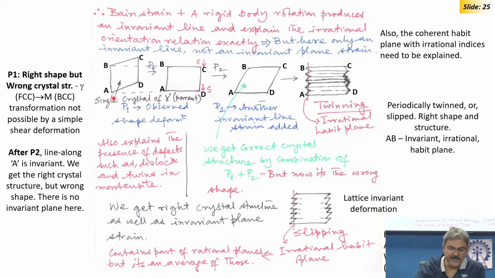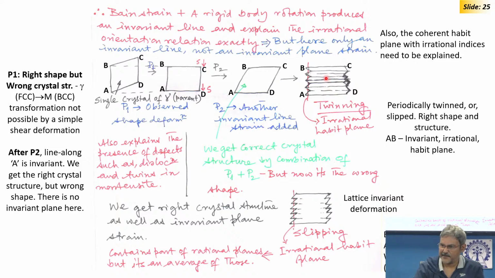So, here you see the AB, and here also you have the same AB. So, the AB plane now remains invariant, okay, and you get the right shape and the right structure of martensite